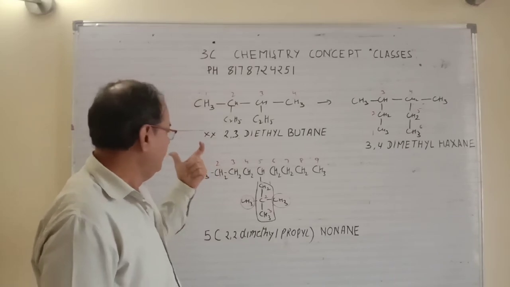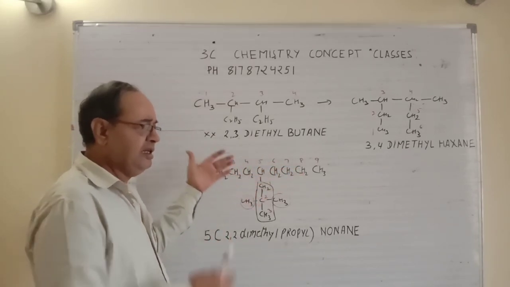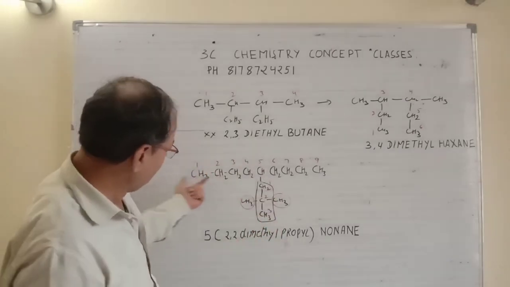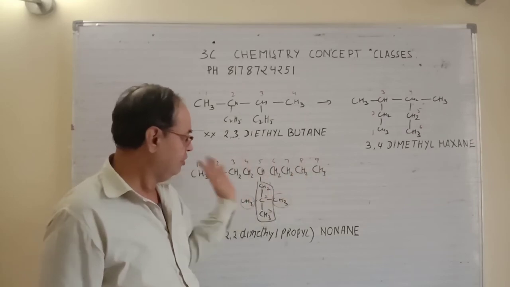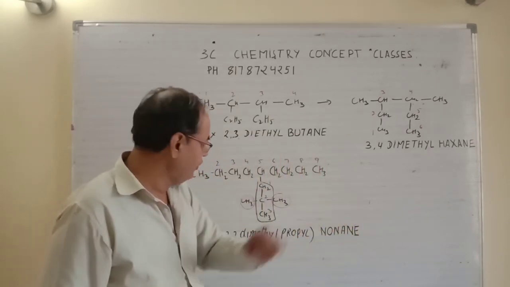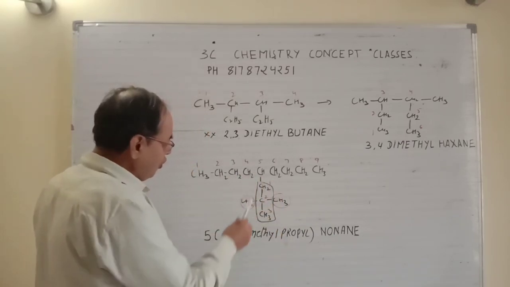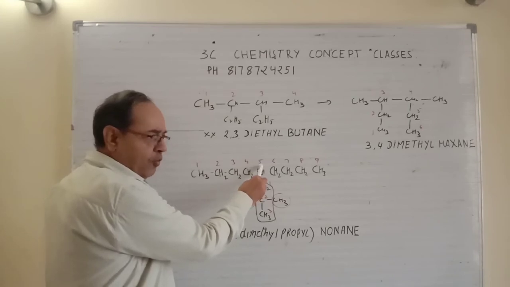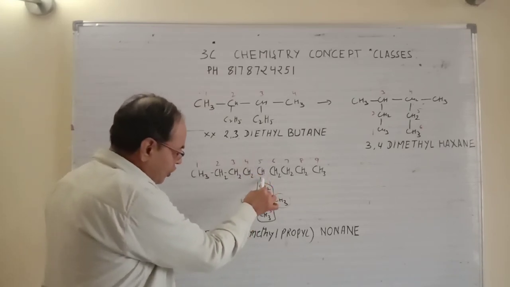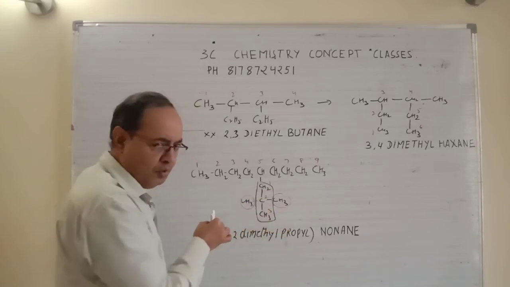Now the next concept, he will give you a chain, and in the chain he will also give you a branch. So what you have to see, first you have to give the naming according to the longest chain. So 1 to 9 is the longest chain that is known and written at the last always. Now in the branch-to-branch case, you have to find the first number from where the branch is starting. And after that you have to treat this as a longest chain branch, and you again have to follow the same lowest sum rule.